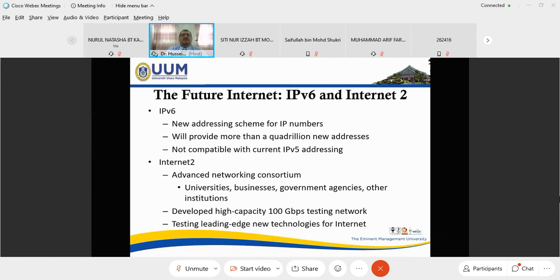What is this? IPv6 is a new addressing scheme for IP address numbers. Now the Internet of Things can be established because, if you have a lot of devices or appliances in your home, you can connect them. I expect that within 5 years, you can connect your devices at home through the internet. Factories and manufacturers will start to add these options.